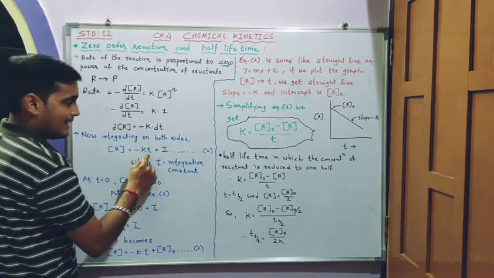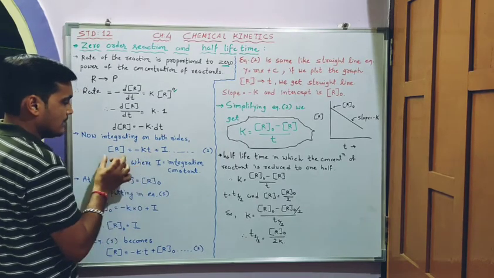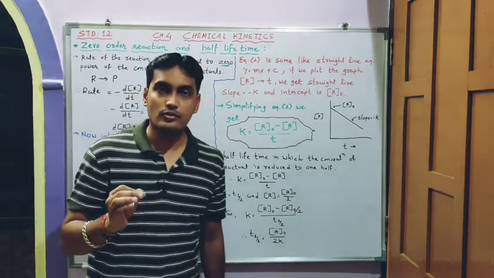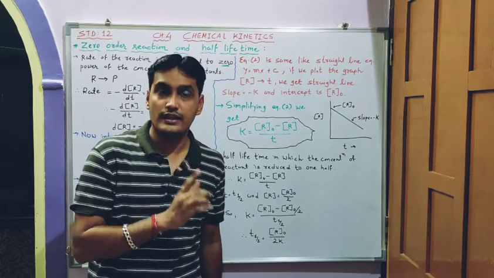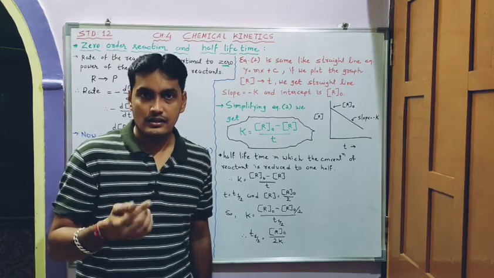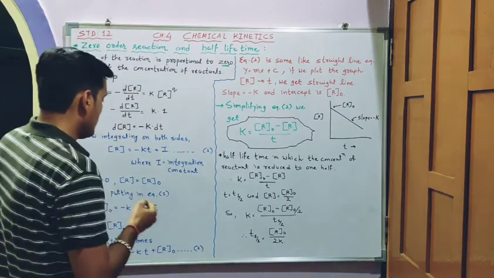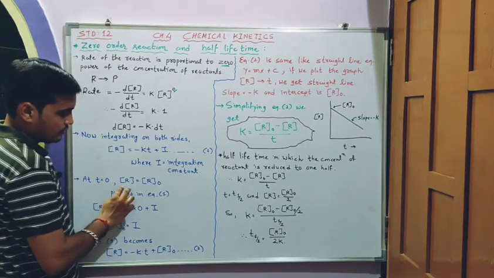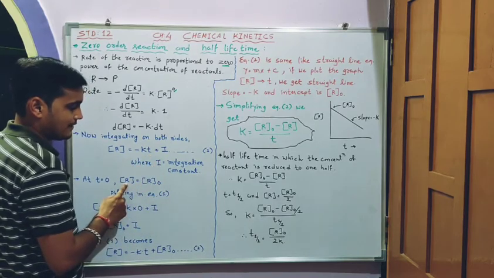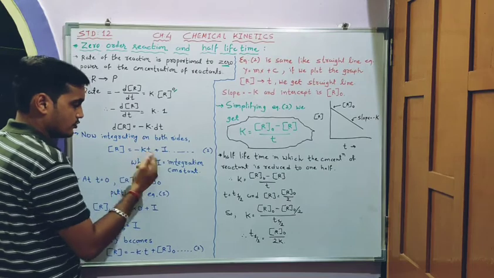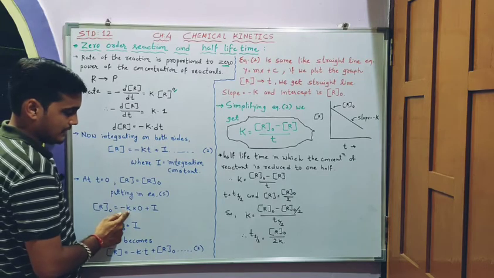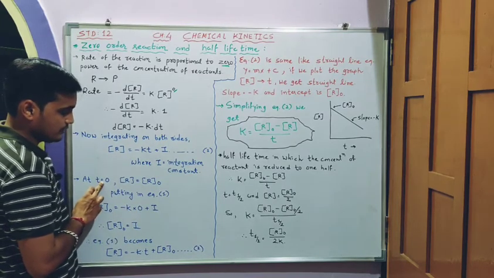Now at time t is equal to 0, the concentration of reactant becomes R0. R0 means initial concentration of reactant. Initial means before the chemical reaction occurs to form a product. So at t is equal to 0, R becomes R0. We are going to put this value of R into equation number 1. So we get R0 is equal to minus K into t,